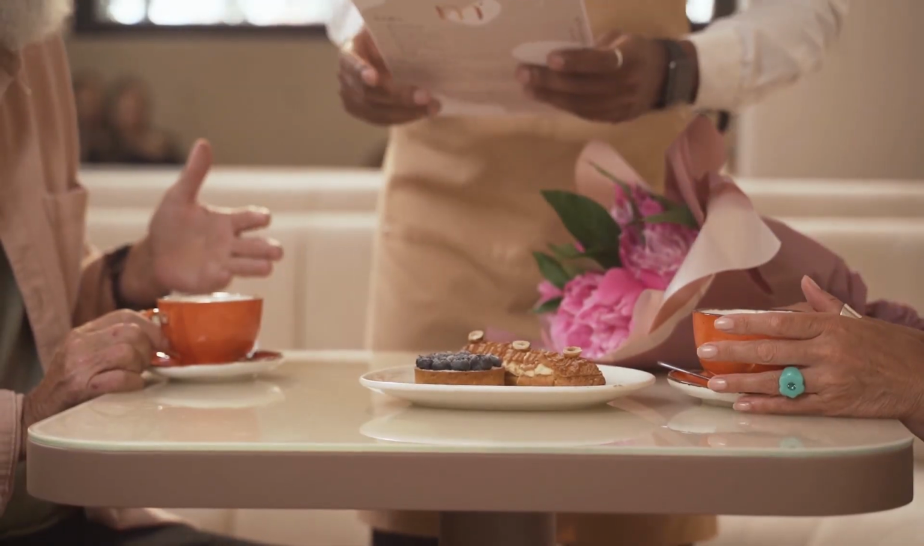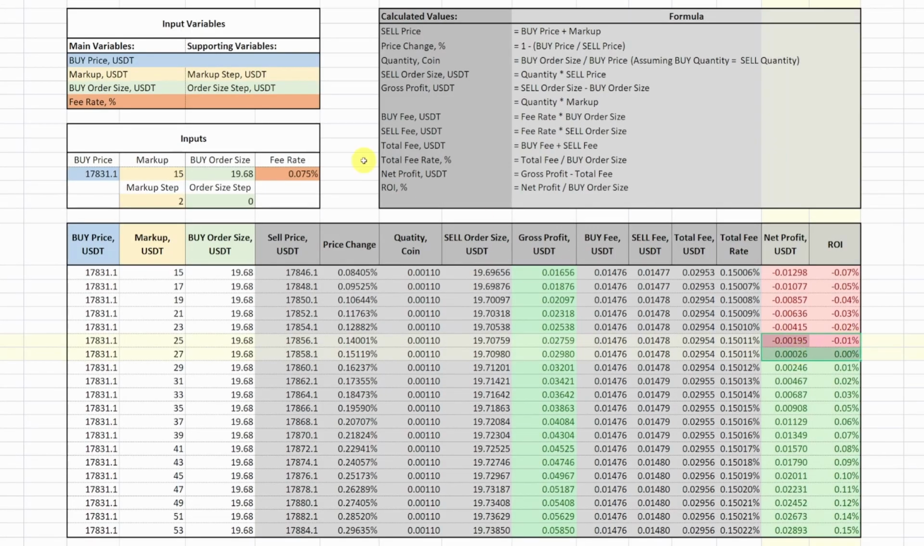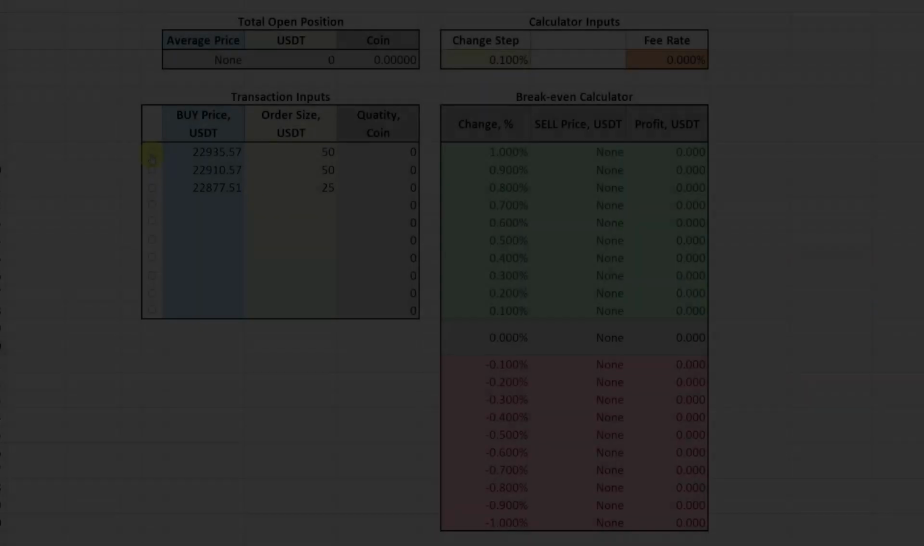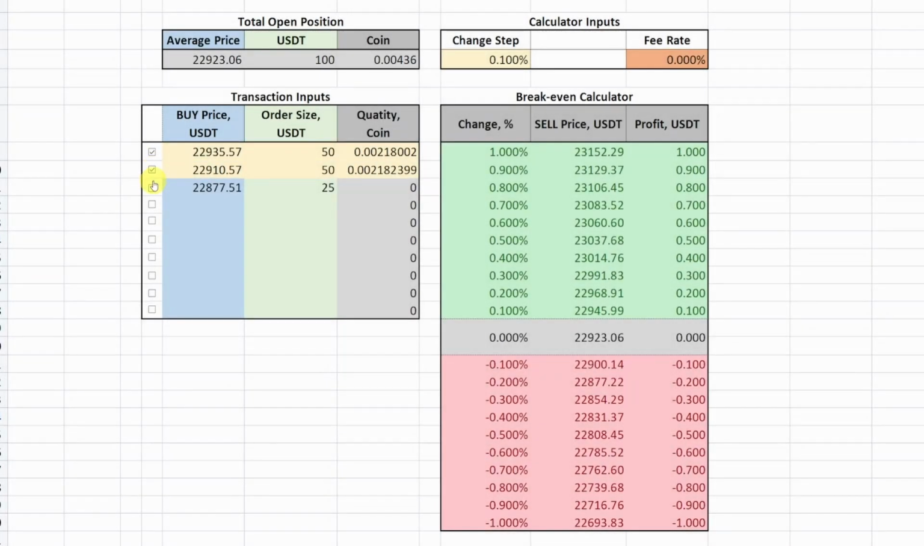Hello everyone! One more exciting spreadsheet episode coming right up. Last time we researched the break-even point and how it is affected by trading fees. Now, building upon that foundation, I've come up with this: a trading calculator that has immediate practical application for spot